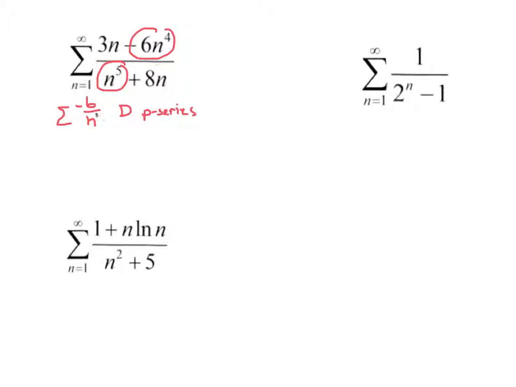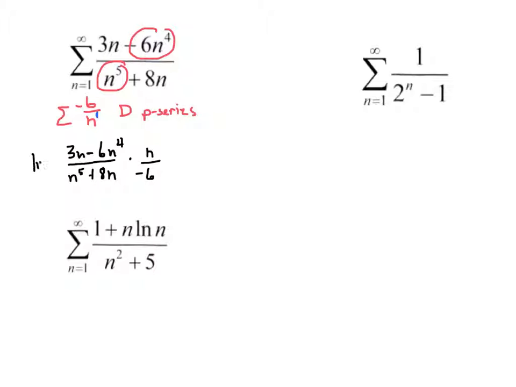Remember, it's n to the first. To converge, the power would need to be greater than 1. So if I take my original series and divide by the end behavior series, which is the same as multiplying by the reciprocal,